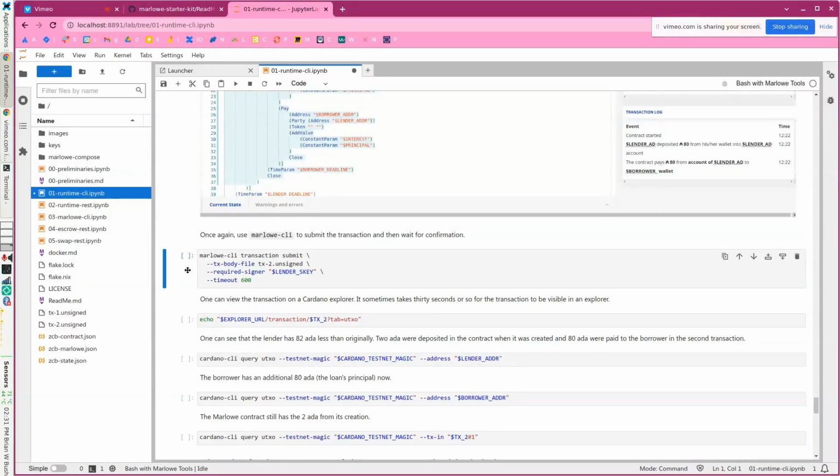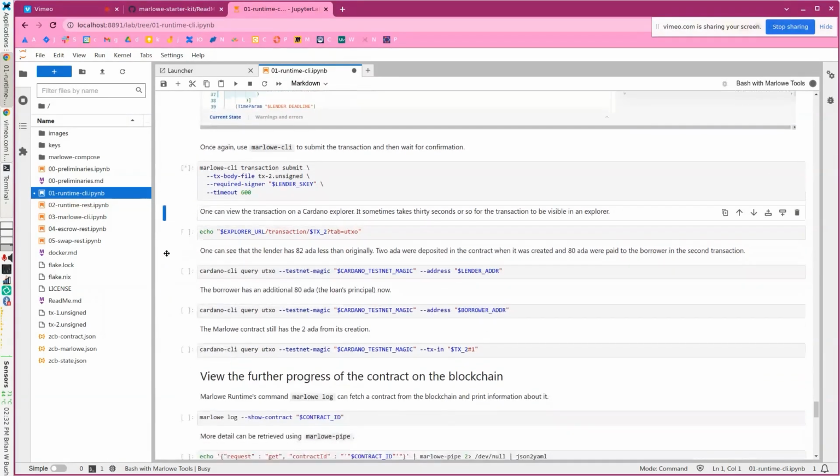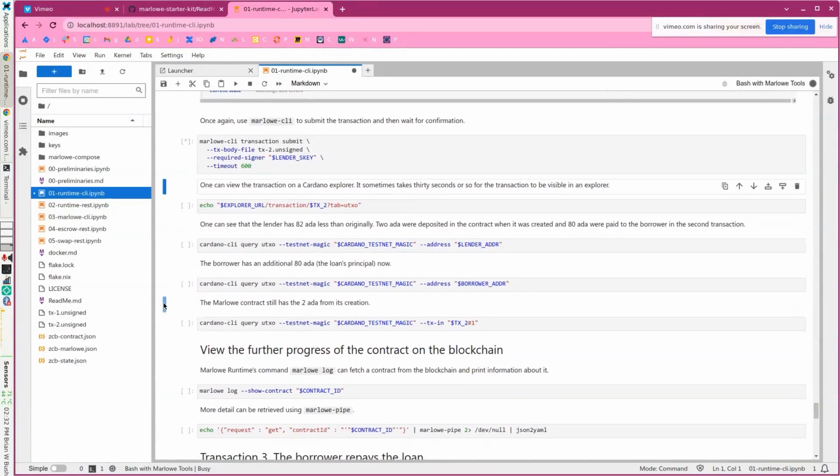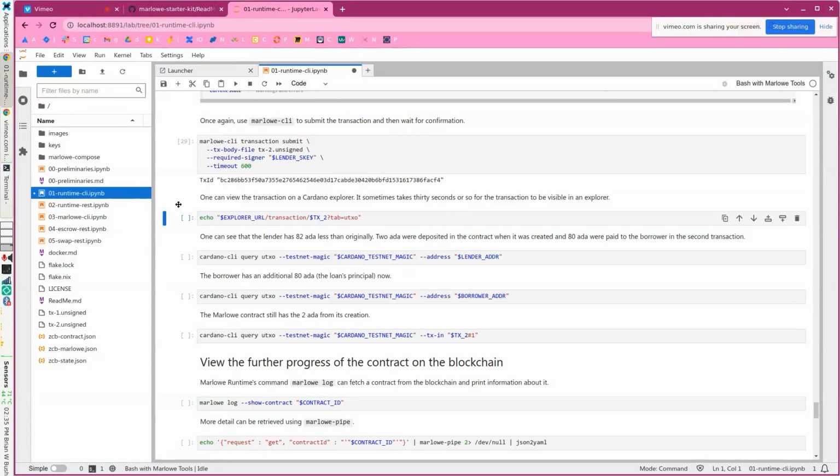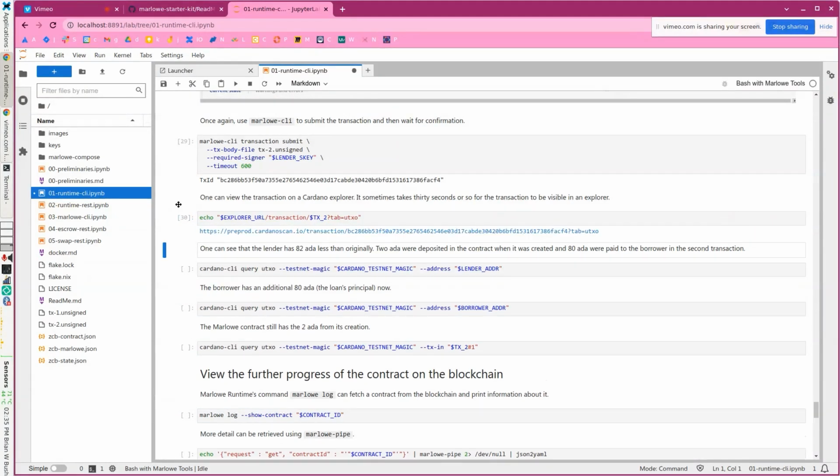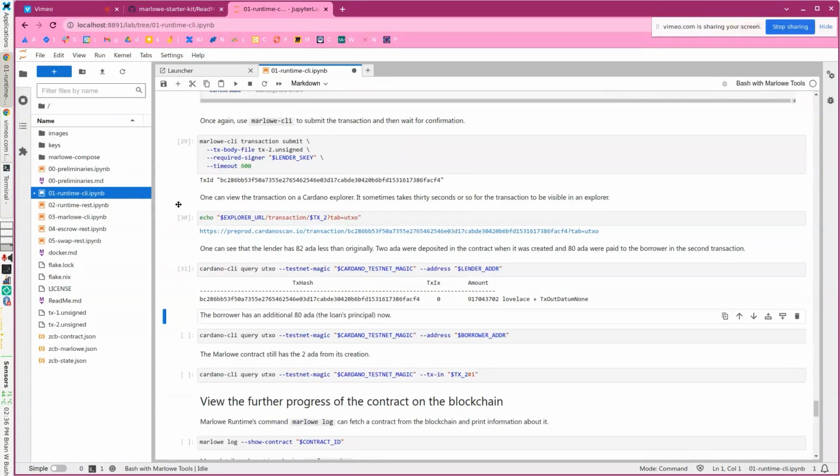And so now we're just going to do what we did before and submit this transaction. But once again, we're going to have to wait a little bit for it to be confirmed. And then we're going to view it in the Explorer. Okay, and there's the transaction ID. So once again, we could look at that in an Explorer, and then we can query directly so we see